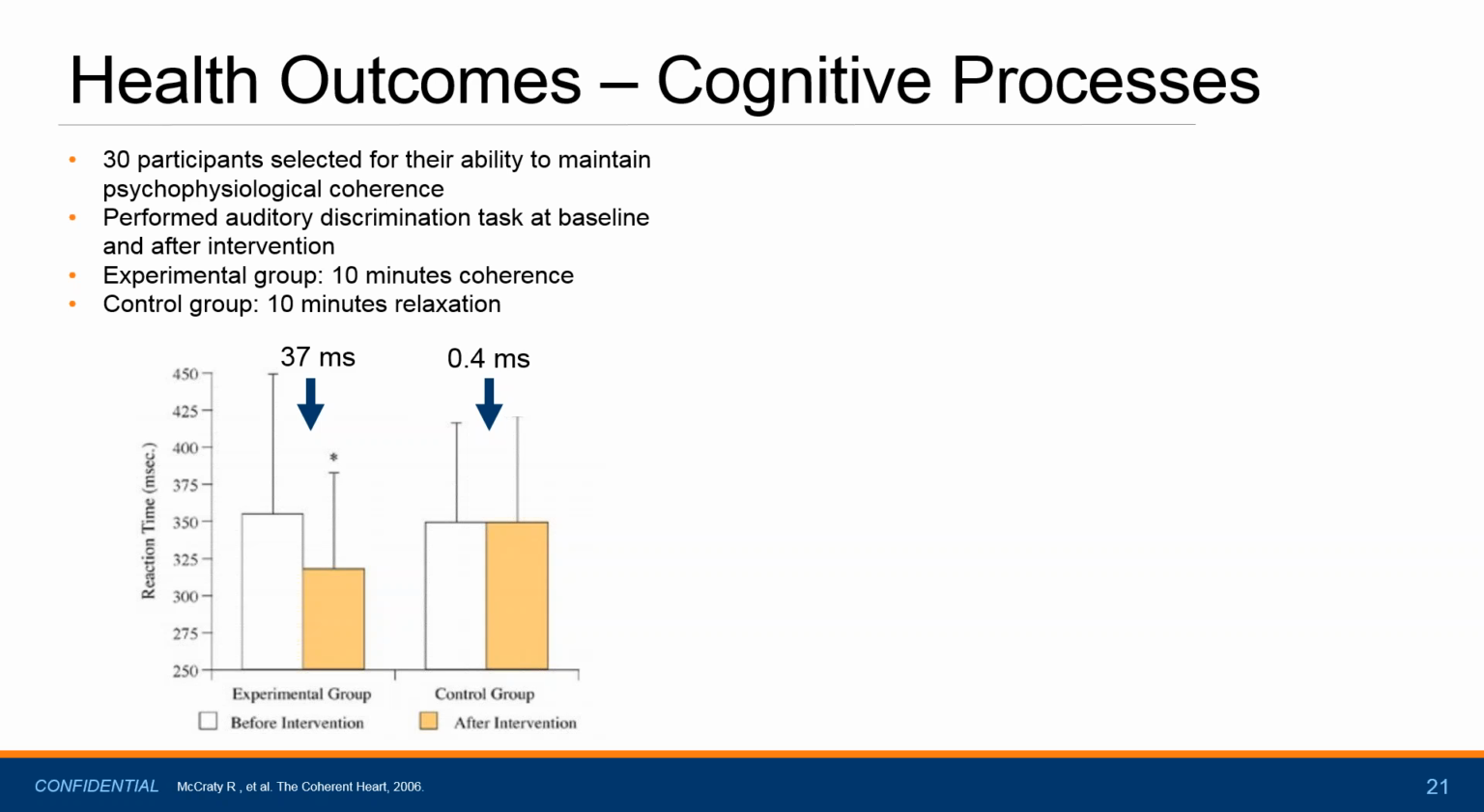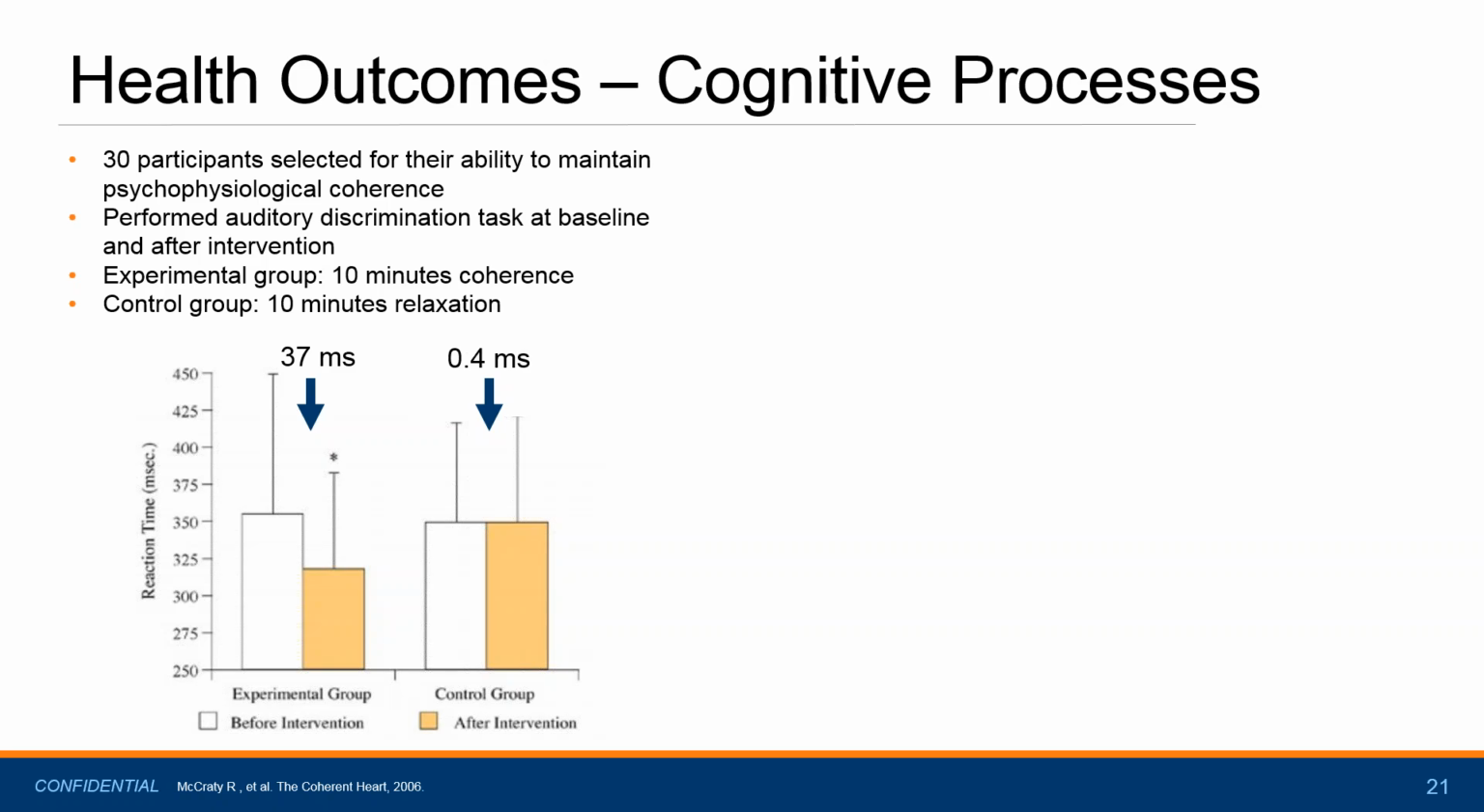So they had patients do 10 minutes of coherence or 10 minutes of relaxation, and then they performed this auditory discrimination task again. And I want to note that this auditory discrimination task is really requiring a lot cognitively. It's requiring focus, attention, accurate discrimination, quick and accurate reactions. So it's certainly relevant for cognitive processing. And what they saw is in the experimental group, after just 10 minutes of maintaining a